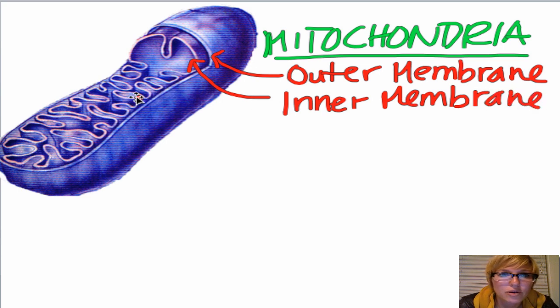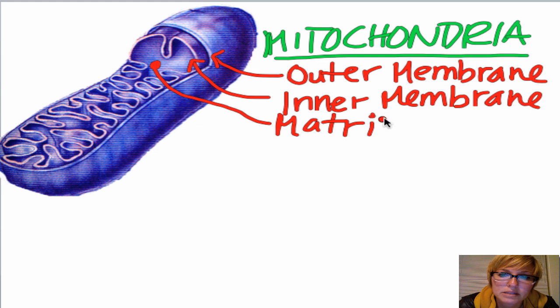And these little folds right here, they're actually called cristae. You don't need to know that, but that's just what they're called. And the space in between is kind of important. It's actually very important. This space right here is called the matrix of the mitochondria. It's where Keanu Reeves hangs out. So the thing about the matrix